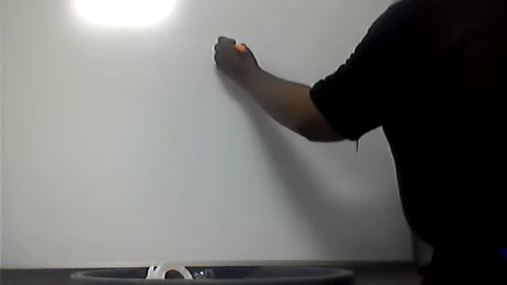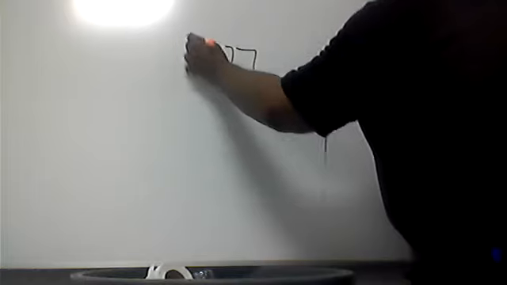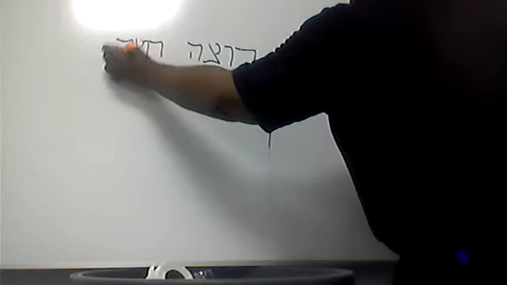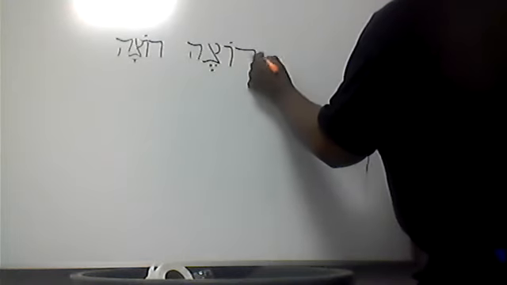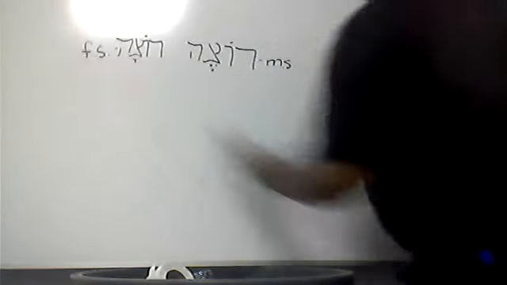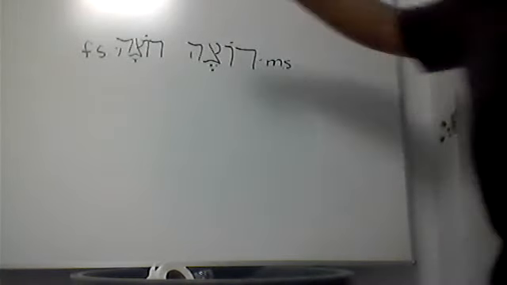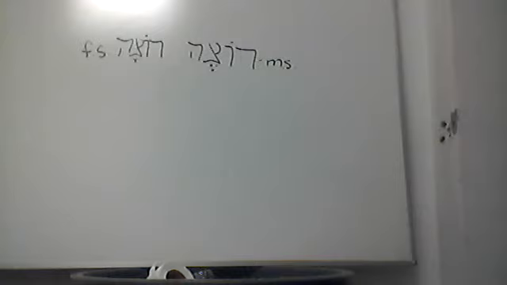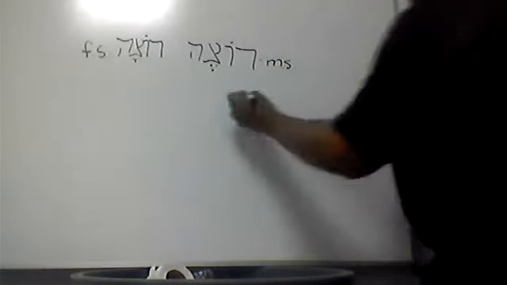We have what? Rotze and rotzah. All right? Masculine, singular. Feminine, singular. So if you're saying ani rotze, I want. Female would say ani rotzah, meaning I want. So ani we already going to say is already there. All right? So let's go on in this particular regard and show this infinitive aspect.